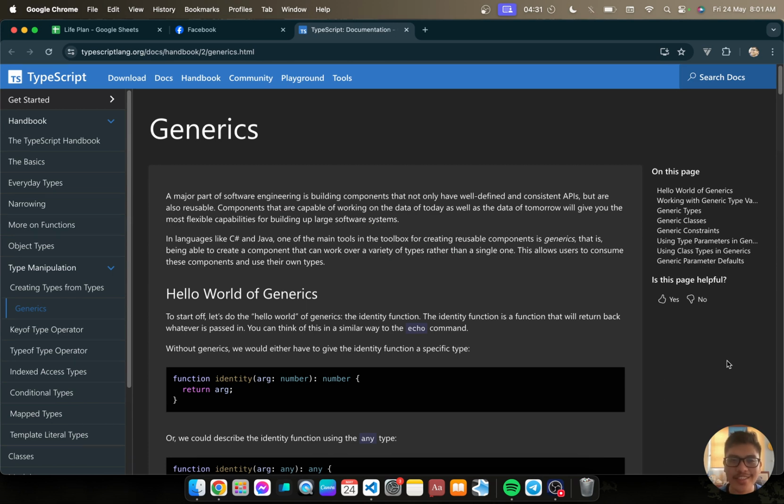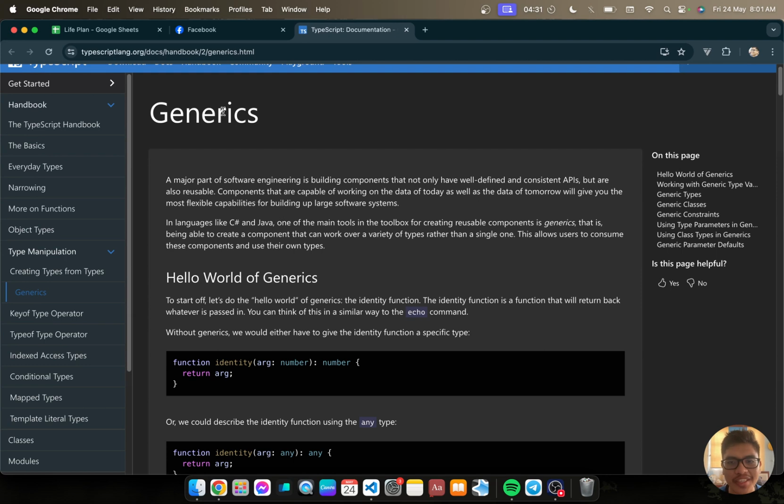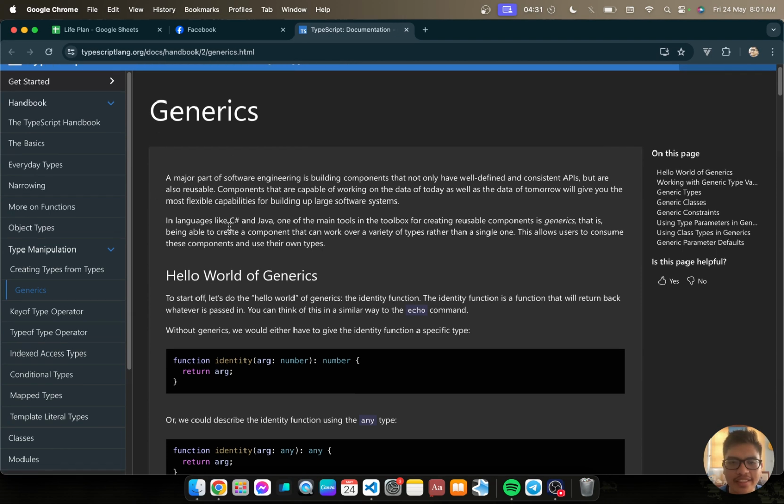And in this video, we're going to talk about generics. Generics allow us to create a generic type of component. As you can see here, one of the main tools in the toolbox for creating reusable components is generics.